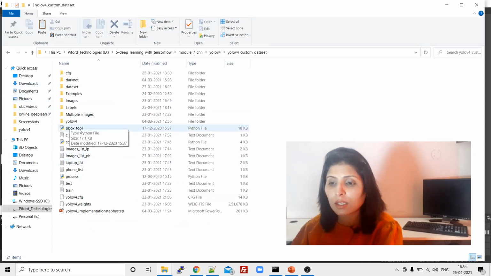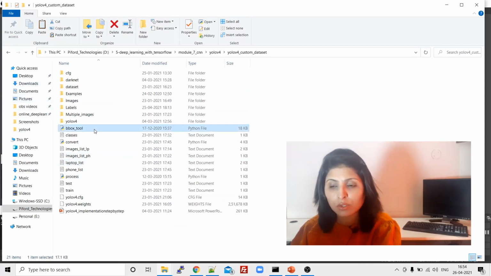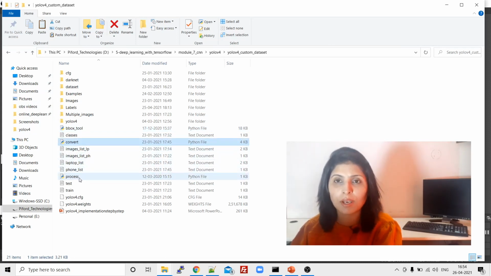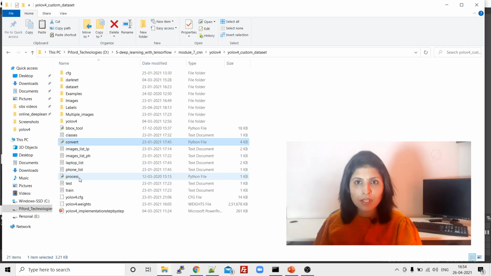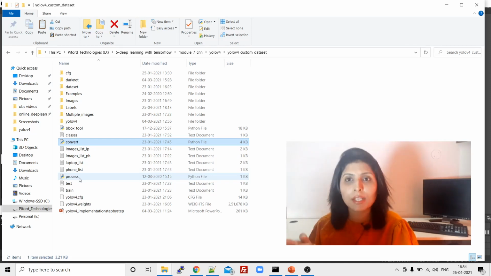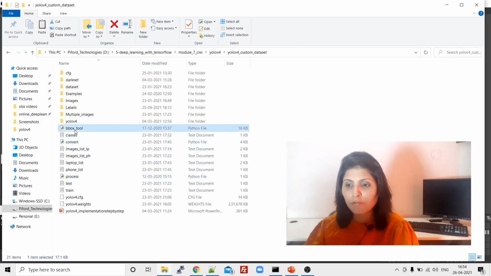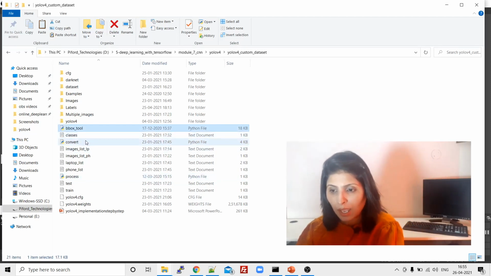See guys, this bbox_tool, convert.py, and this process.py, these are the three files which we need from that GitHub repository. Okay, the bounding box tool GitHub, when you download that repository, from that repository just copy these three files. Which ones? First one is bbox tool, then convert.py, and the last one is process.py.